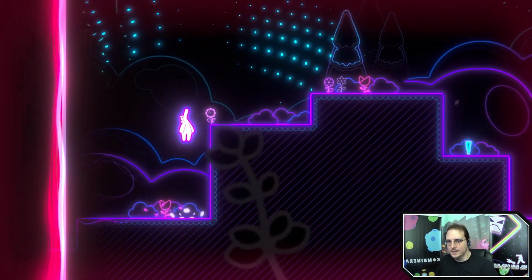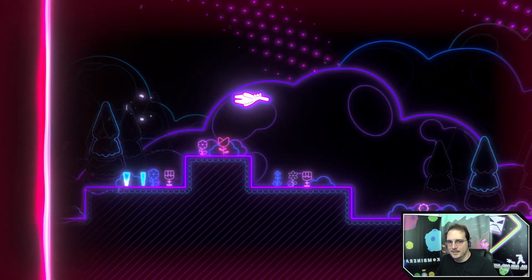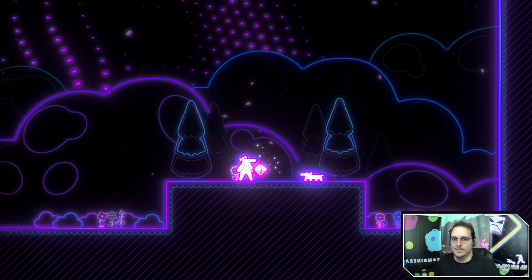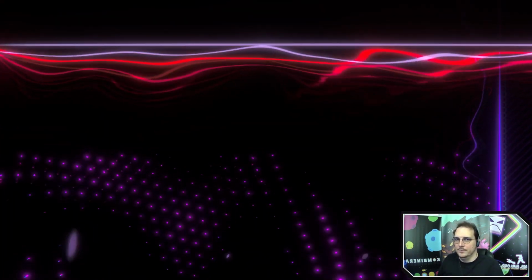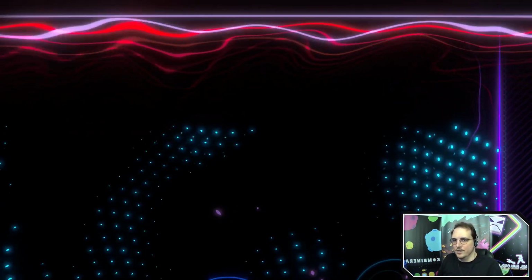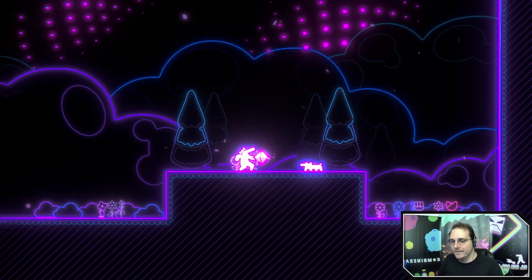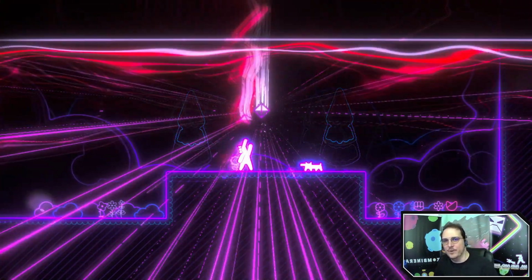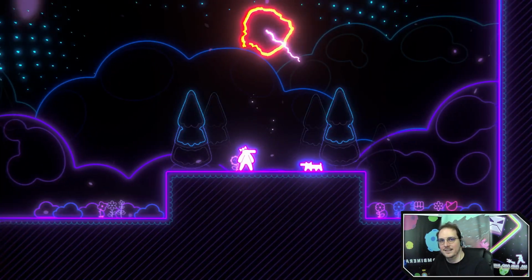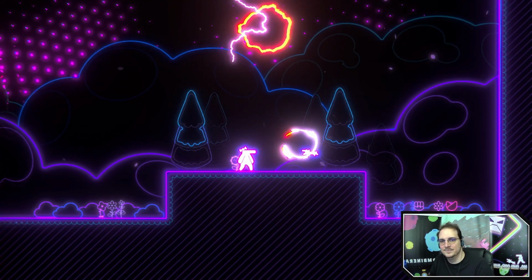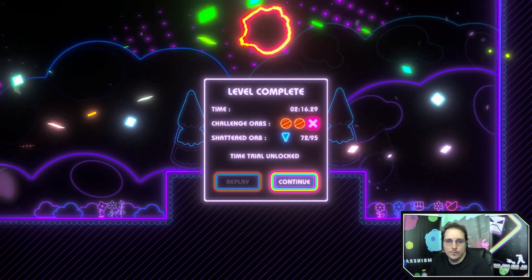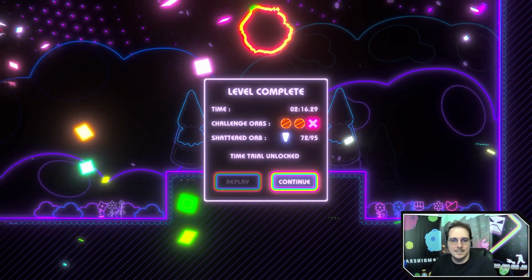I know the void is threatening and scary, but I played this level quite a few times, so I'm used to it. Here we'll see. There's our nemesis, roaring, and we have the power gem here. We're going to charge its power and unleash and stop the void in its tracks. There we go. Casual run 2:16, not too bad.